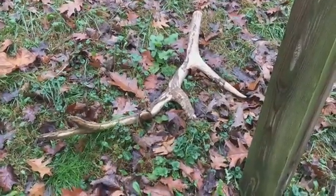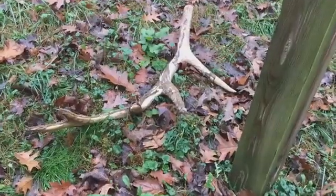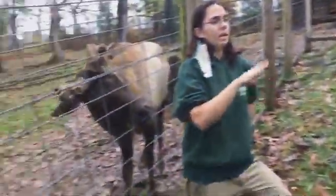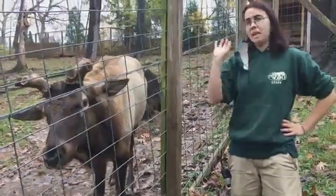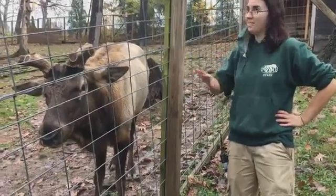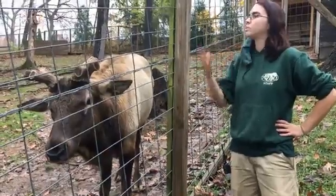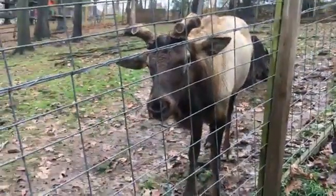He'll be rubbing them on trees to shed bark off of them. He'll actually use them to dig in the ground, so he's got a bit of a wallow at the very front of the exhibit that will often fill up with water, and what he will do is make that as smelly as he possibly can, which if you have ever walked past this exhibit in like September or October, it reeks. It's his fault. We're doing what we can, but he's doing that actually on purpose to make it as smelly as possible, and then he'll roll in that to make himself as smelly as possible. And that is basically to attract